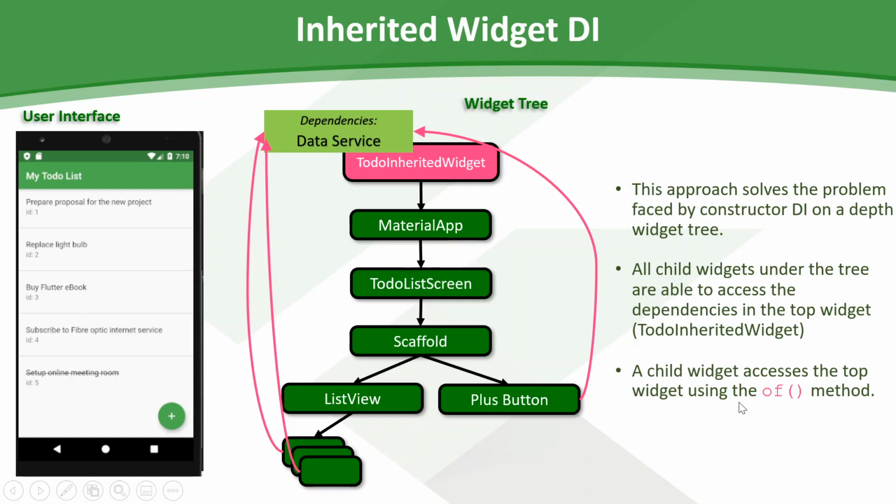Inside the inherited widget, there is a special method called of. This is meant for this purpose, for allowing the widget to access the parent. Because I had mentioned in our early lecture regarding the Flutter framework,